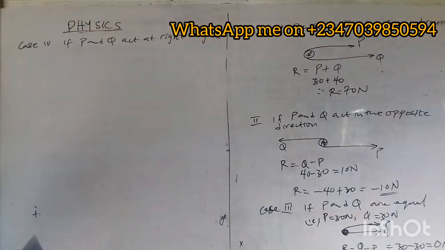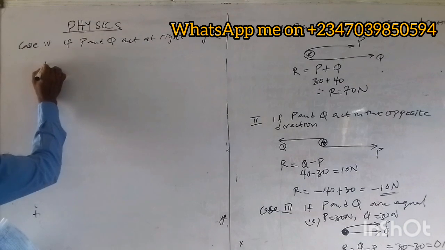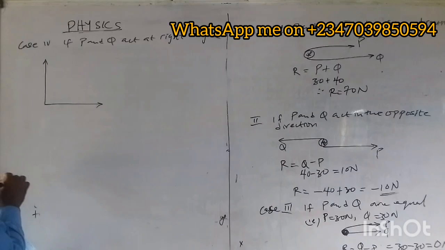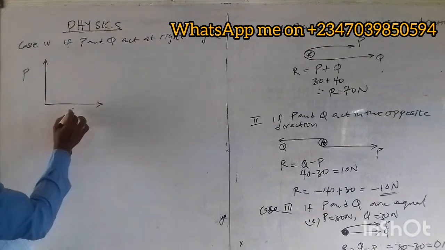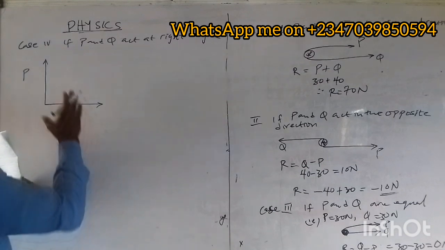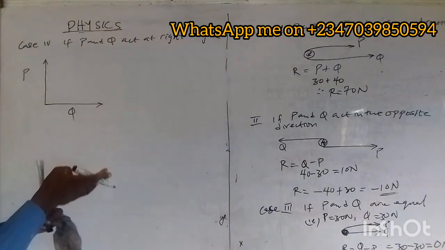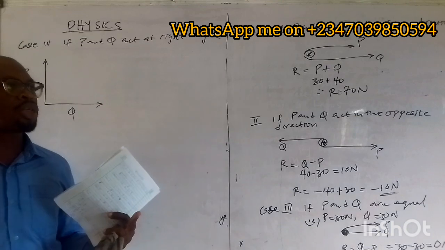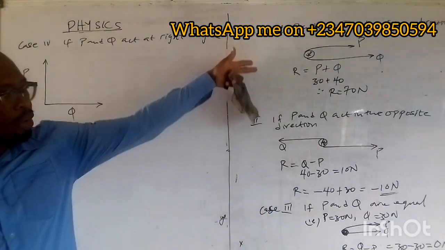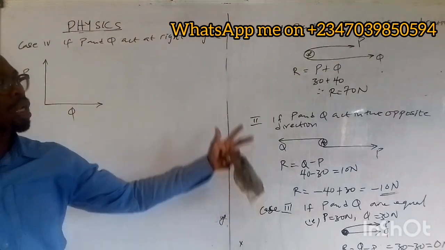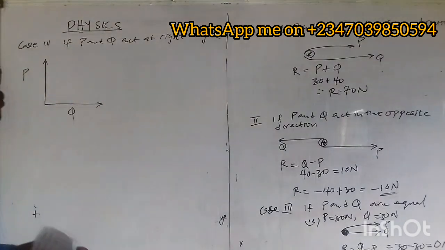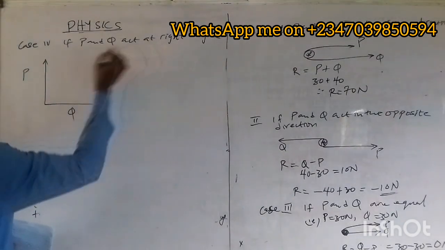If they act at right angle, that means we'll have this. You can place your P here, you can place your Q here. Now, at this point, an angle is involved. We will not use the other arithmetic, the other algebra, the algebra we used here, which is Q plus P, Q minus P. We will not use it. Now, because an angle is involved,